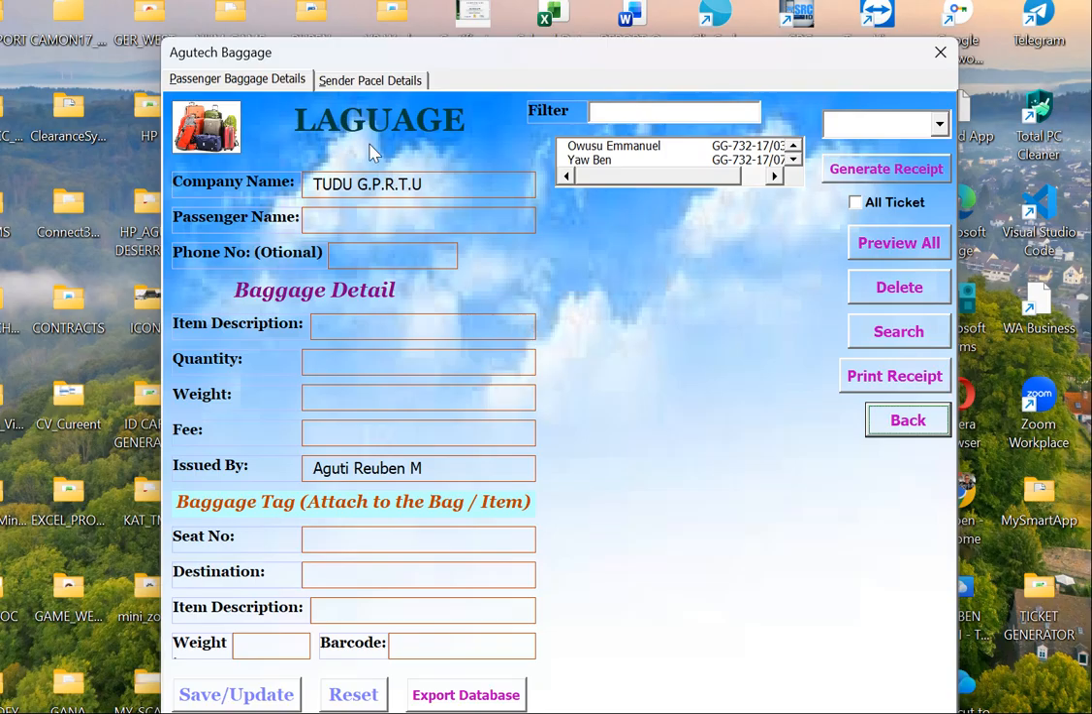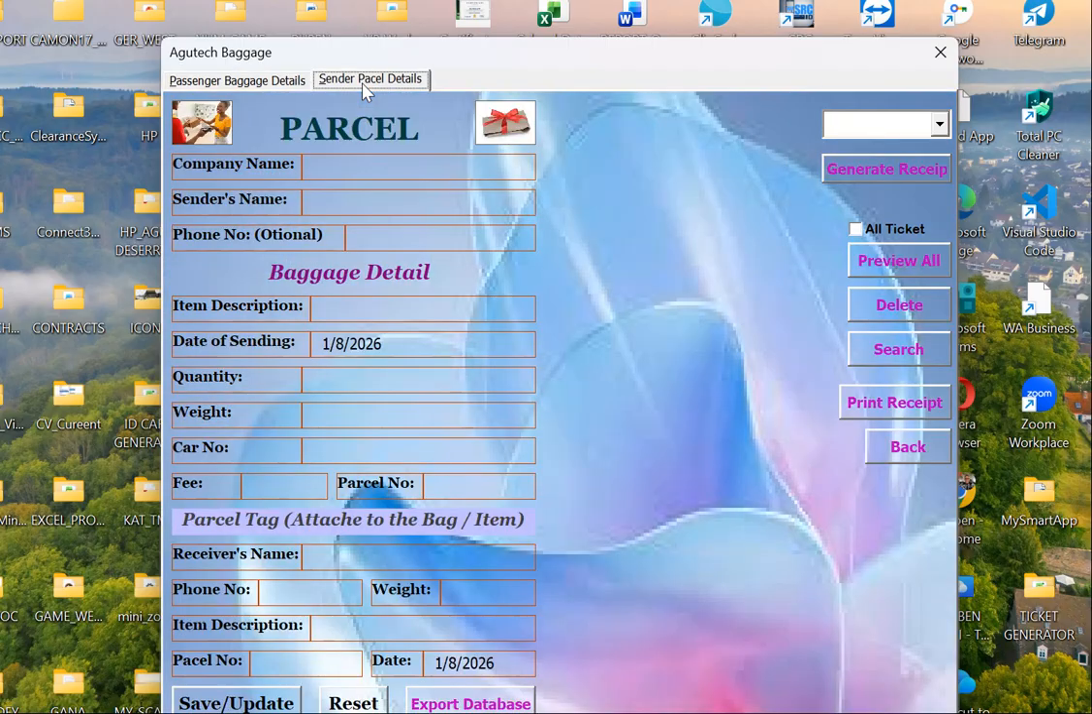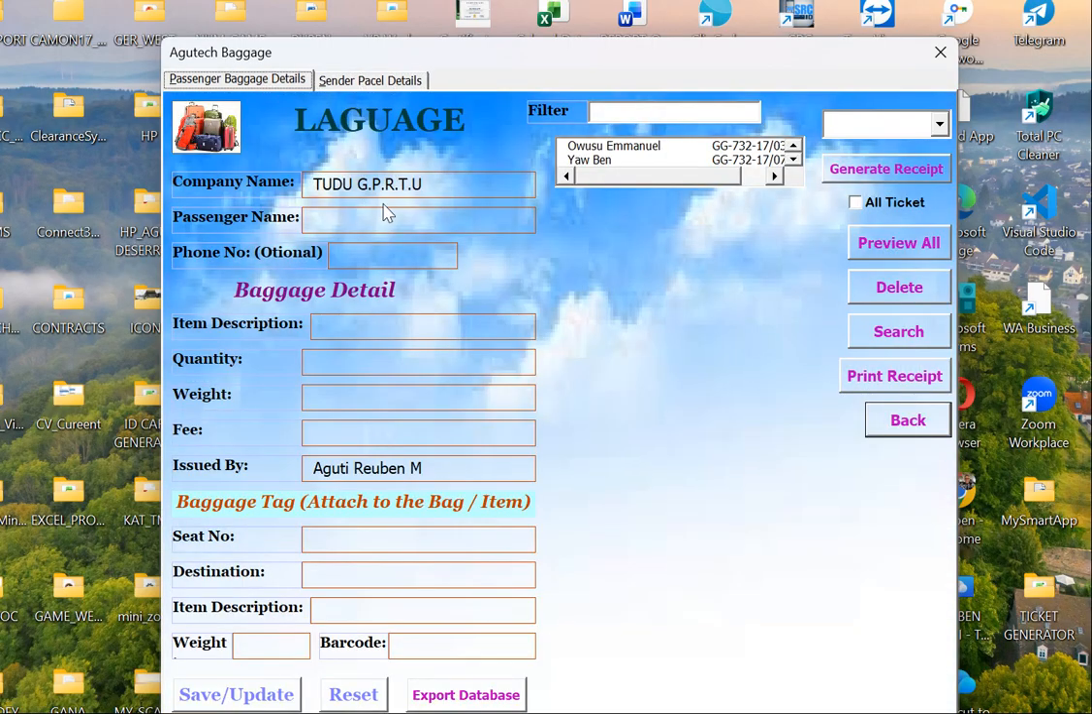luggage section, and it's a multi-page. So you can see the passenger luggage details and then sender parcel details. So it's two. So let's do the luggage first. So we have the ticket at Todo, the company name Todo GPRTU, and the passenger name, we said what? Benson